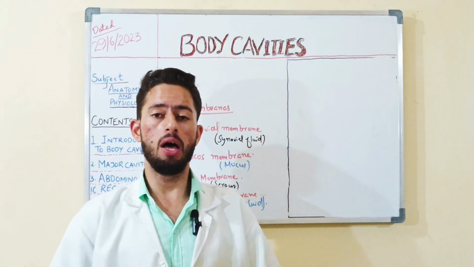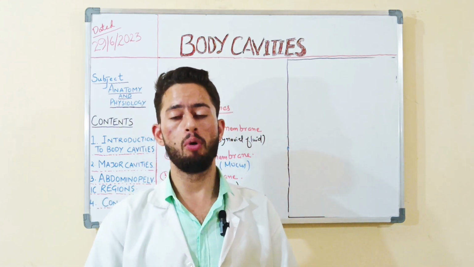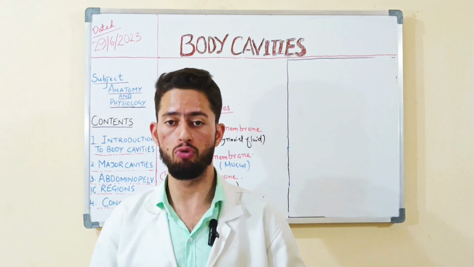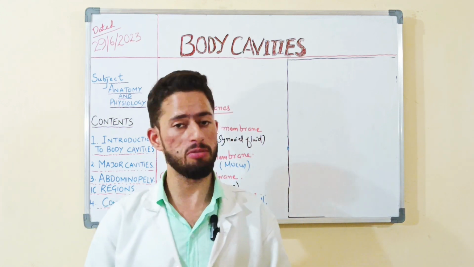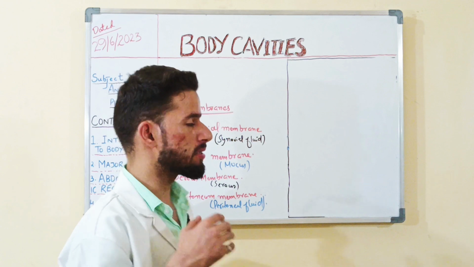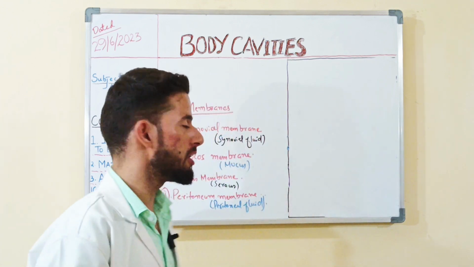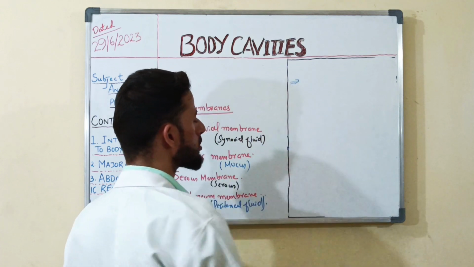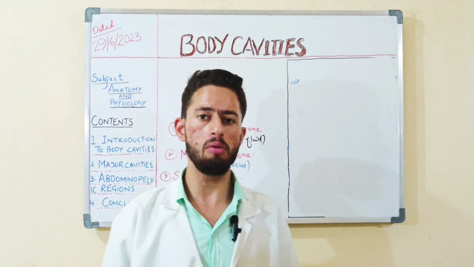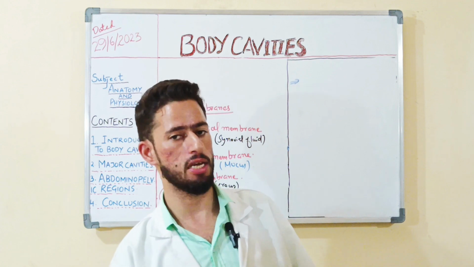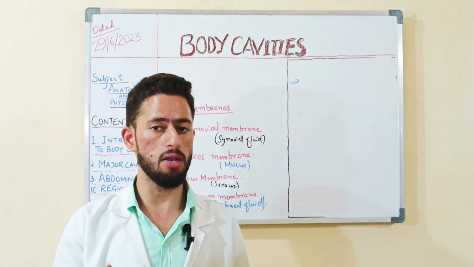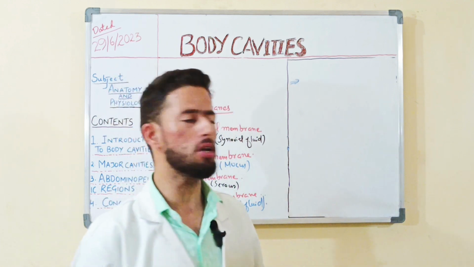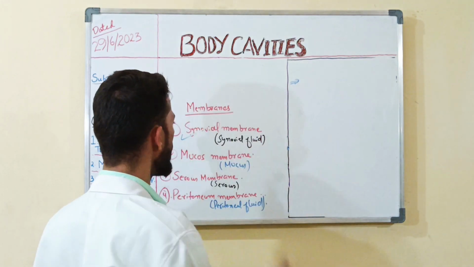Okay, now we are going to discuss the body membranes. There are mainly four basic types of membranes: synovial membrane, mucous membrane, peritoneal membrane, and serous membrane. So we will just have a brief introduction about these membranes. First one is the synovial membrane. Synovial membrane is related to the synovial joints. It lines the synovial joints, where there is synovial fluid which helps in the free movement of the joints, for example, the shoulder joint.